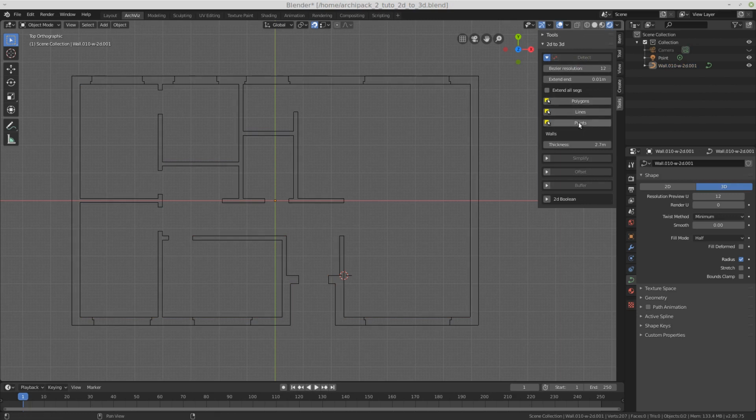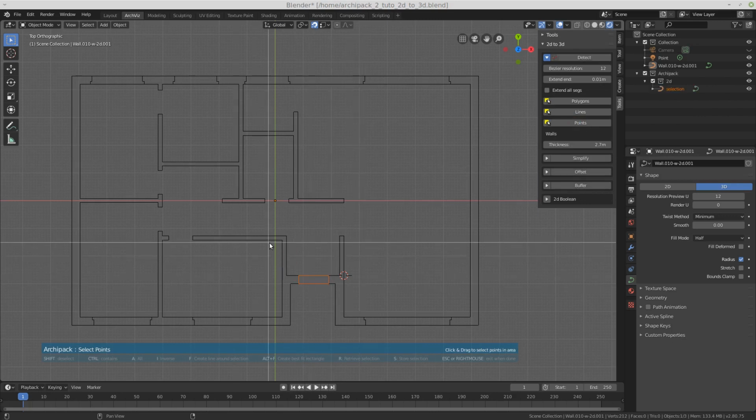We're gonna start with the points tool, which basically allows to add missing parts. As you can see here, there is no wall under the doors, so I will add those parts. I got, as usual, my shortcuts here, and I use the F key to fill the missing parts.